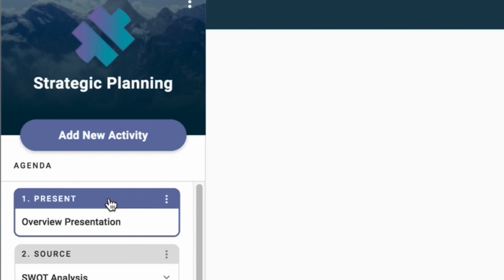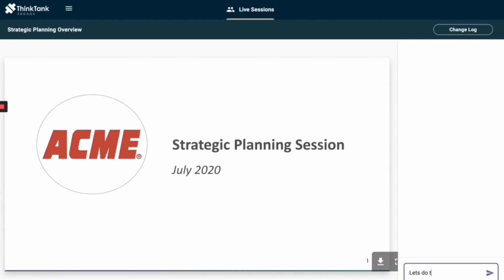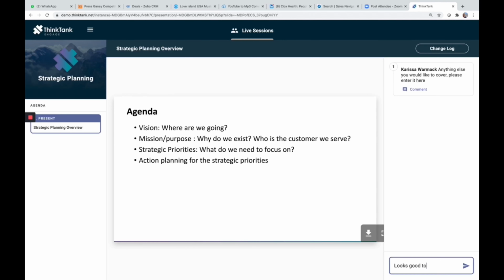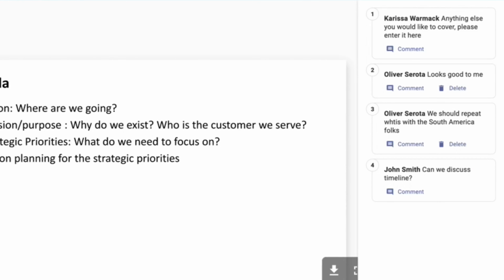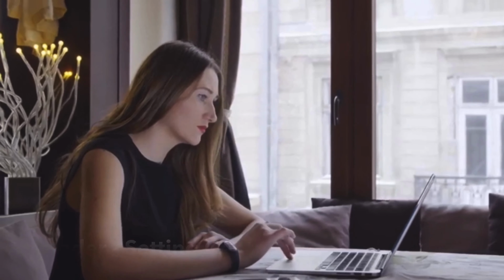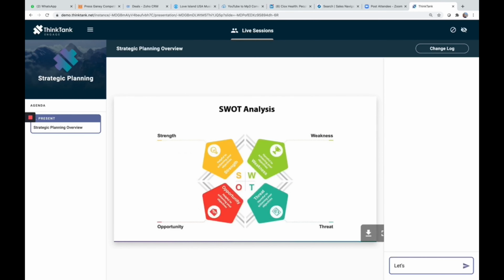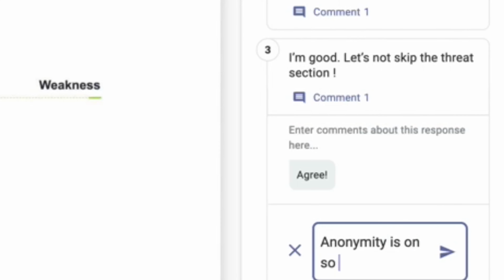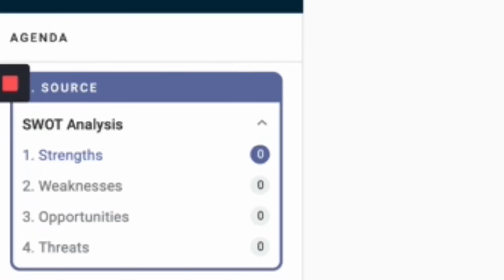through a series of collaborative activities, starting with an overview presentation, agenda, and aligning everyone on the process. From the get-go, team members can comment and engage, both anonymously or named, so the leader can set context for the activity and drive alignment in objective and purpose. In this example, we'll be using a collaborative strategic SWOT analysis that will be co-created by the whole group.